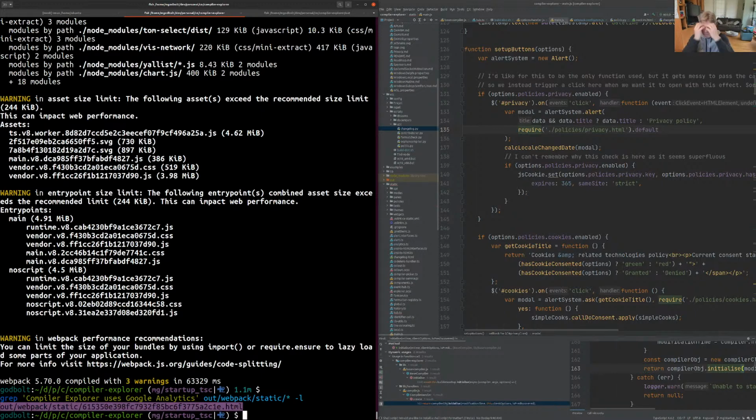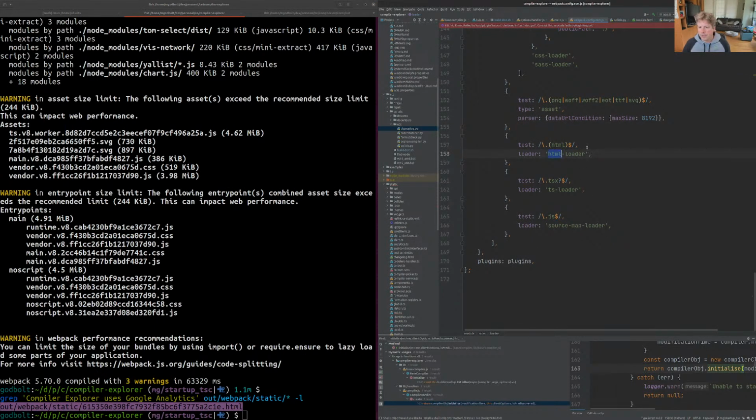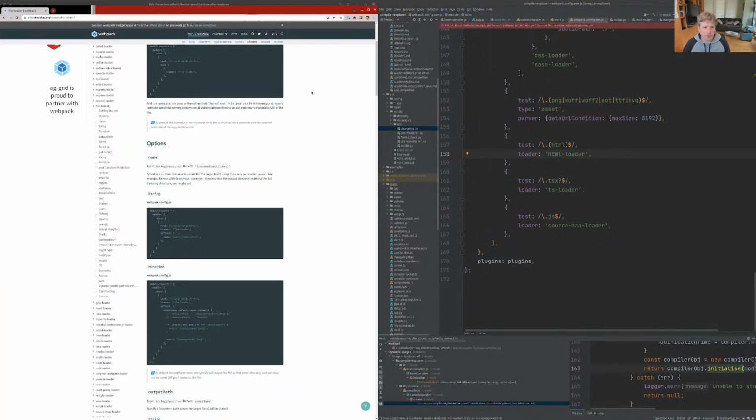So the problem about fetching the file is that it needs to be uniquely named, or we have to deal with all of the consequences of serving it up and making sure it's not cached and all that kind of nonsense. So that is unfortunate. I don't think I want to do that either. So I'm going to put that back to HTML loader. But yeah, I wonder if I can come up with a clever way of substituting in the correct path for that specific